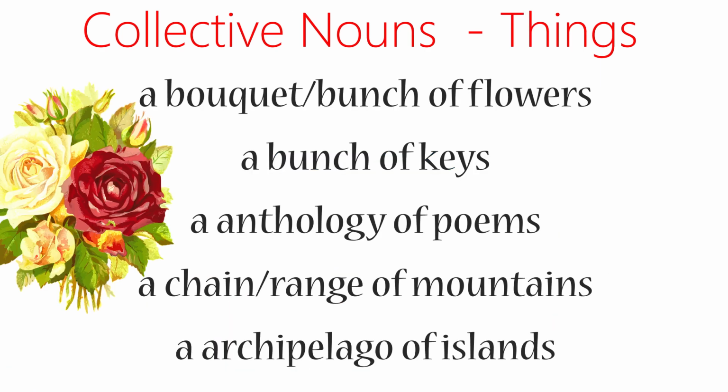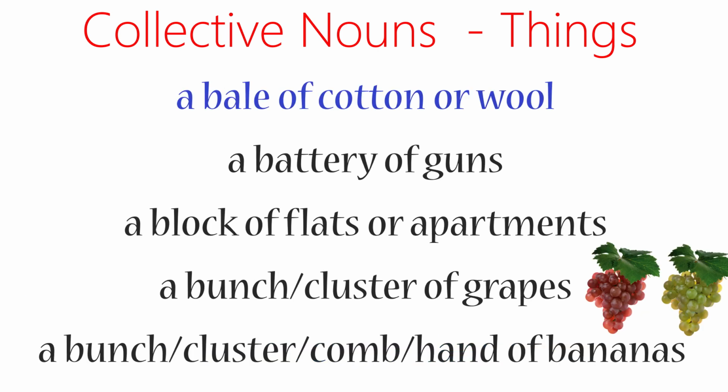Next, here are some common collective nouns for things. A bouquet of flowers, a bunch of flowers, a bunch of keys, an anthology of poems, a chain of mountains or a range of mountains, an archipelago of islands, a bale of cotton or wool, a battery of guns, a block of flats or apartments, a bunch or cluster of grapes, a bunch of bananas, a cluster of bananas,